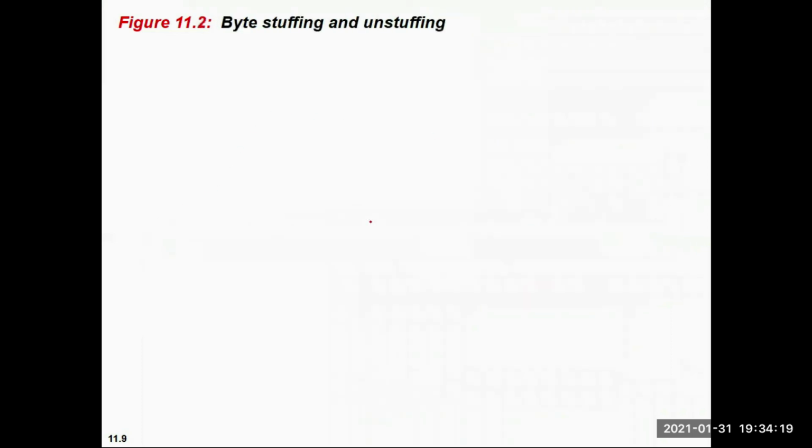If somehow we receive bits in our data that are similar to the flag bits, it will start that frame and end that frame somewhere in our data. And an escape is also there. If it is there, it will escape the whole data after this. So we don't want these types of things.